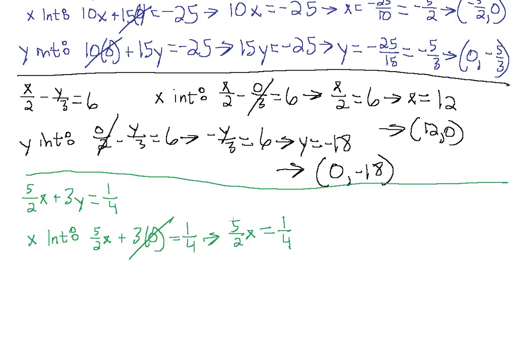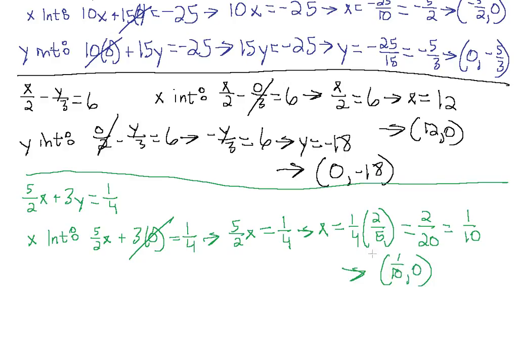Multiplied by the reciprocal, so we have 2 over 5. So we have x equals, let's go ahead and write out another step. We have 1/4 times 2 over 5, which gives us 1 times 2 is 2, 4 times 5 is 20. 2 over 20 will simplify to 1 over 10 if we factor out 2 out of the top and the bottom. And our x-intercept will be 1 over 10